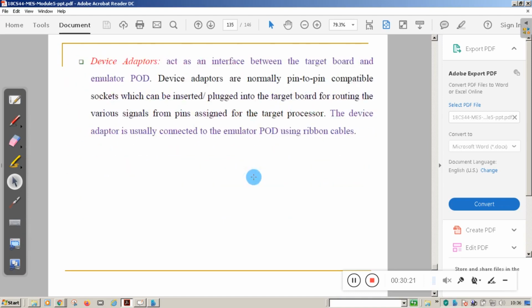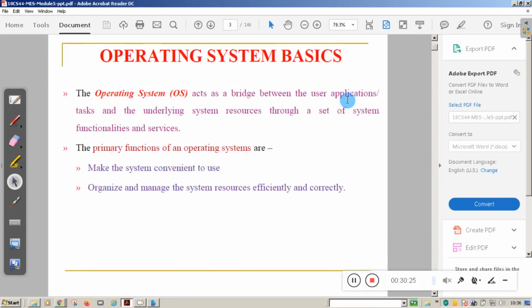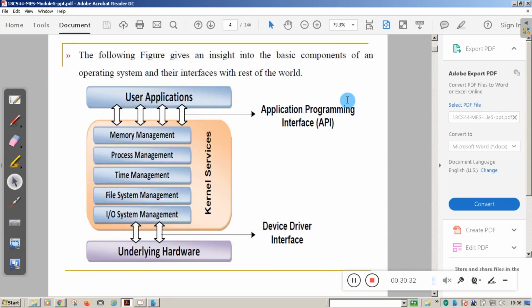So students, in this module we started with the operating system basics. In the operating system basics, we studied what is a kernel, and the different services provided by the kernel, management services: memory management, process management, time management, file system management, IO system management.